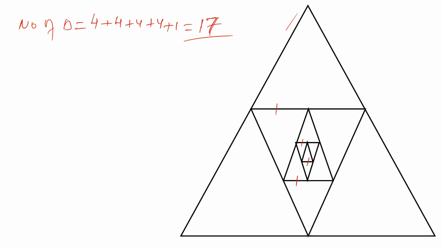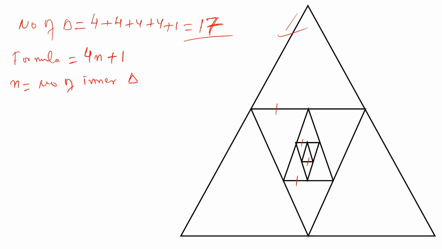So if we try to find the number of triangles in this way, suppose in an exam the figure came and the number of inner triangles came like 5, 6, 7 inner triangles, it will be a bit difficult for us to find the total number of triangles. So for that we have to use a formula. The formula is 4n plus 1, where n is the number of inner triangles embedded inside